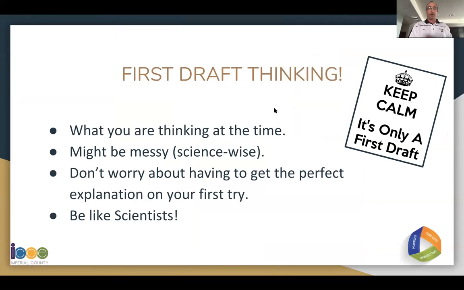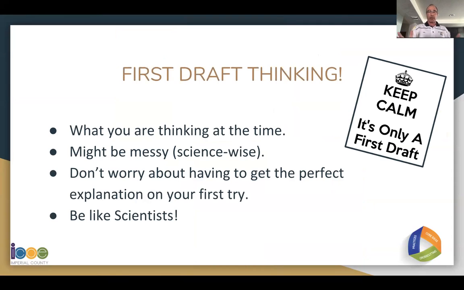You may have been thinking, like this poor little orange yesterday, wow, I have no clue what happened to the cans. My goal today is to give you a little bit of new knowledge to turn that around to some kind of aha moment where, whoa, now I kind of get it. Maybe not all the way there today, but a little closer to what the heck is going on with the cans. What you did yesterday was what I call first draft thinking.